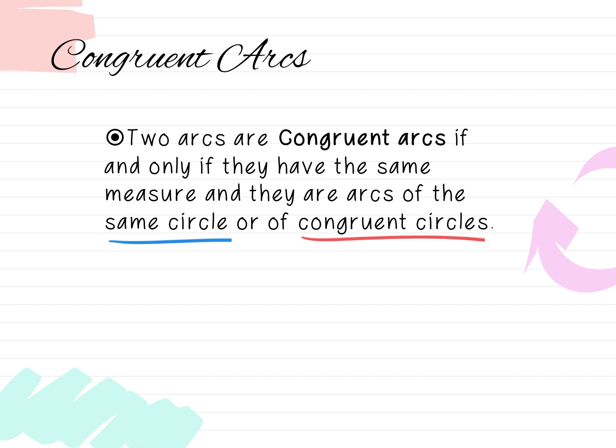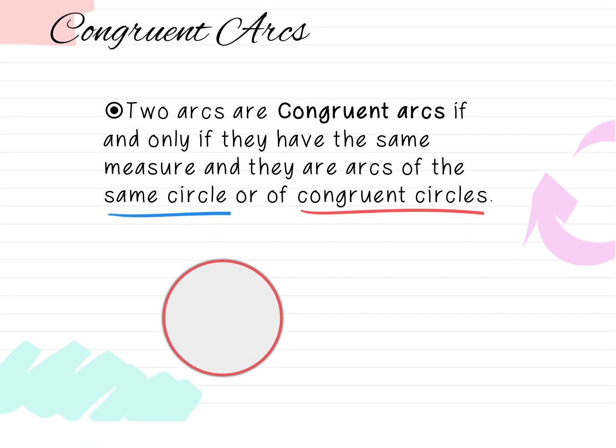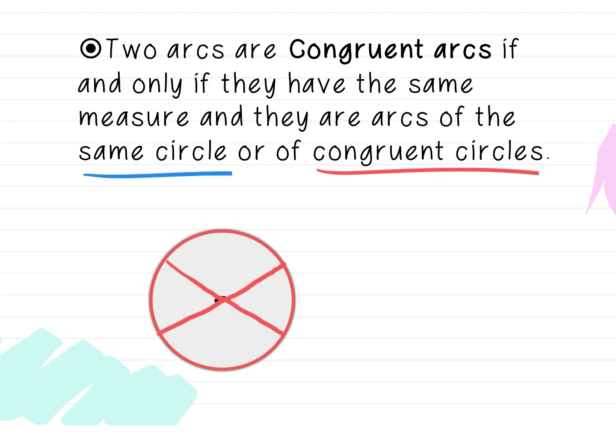So I'm going to draw some circles here to demonstrate what I mean by the same circle or congruent circles. So if I draw a circle, and I'm going to go ahead and draw in a diameter. So I'm going to add my center point. Then I'm going to draw in 2 diameters. I'm going to add in some numbers and letters. So I have E, F,